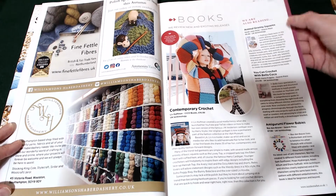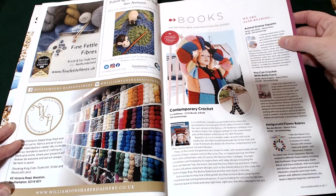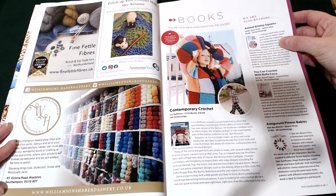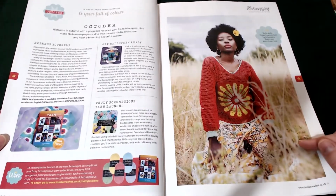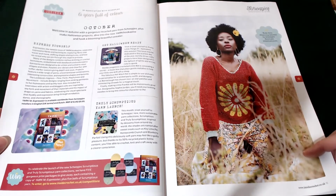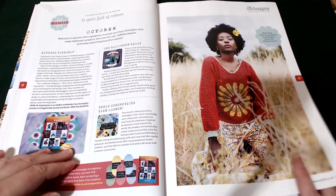But not all of them are new, because we've got the Animal Granny Square one here. Now that's been floating around for quite a while, at least a year. Right, anyway, let's scoot on. Is that an advert? It is, but it's also the image on the front cover, so fingers crossed that pattern's actually in here, which